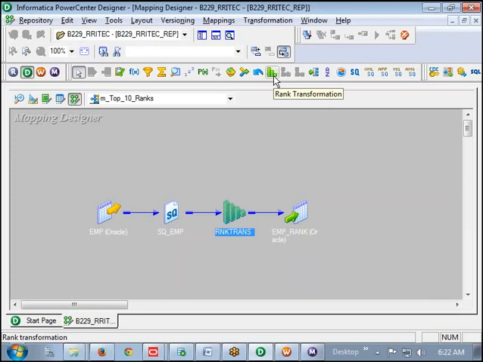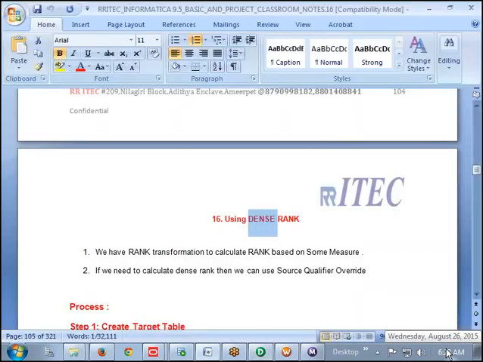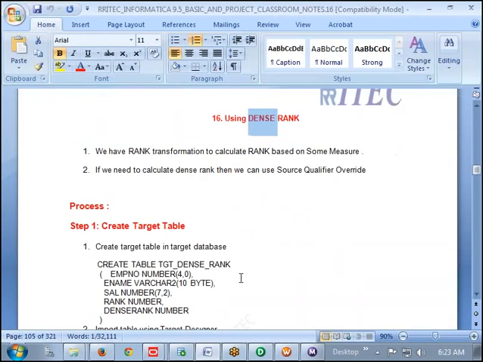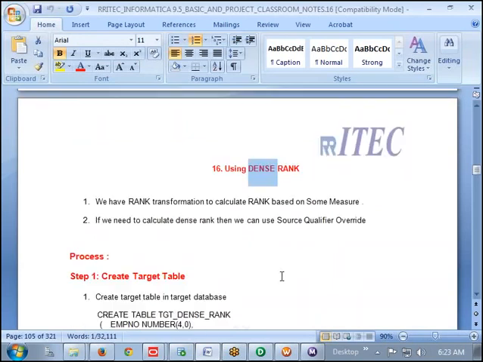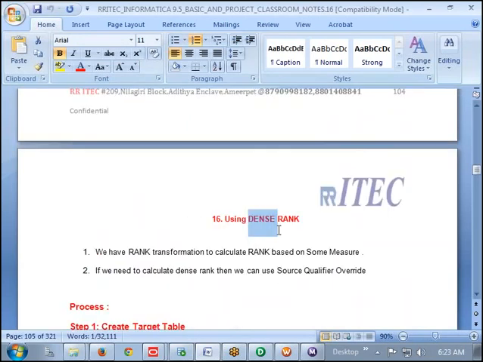In situations like this, you need some functionality, but the corresponding transformation may not be available. Then what are we going to do? We have to use SQL, we have to override the source qualifier query.